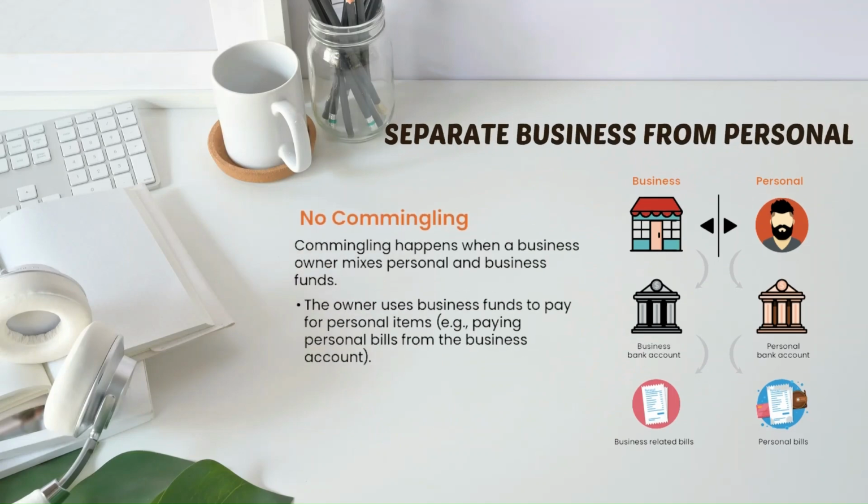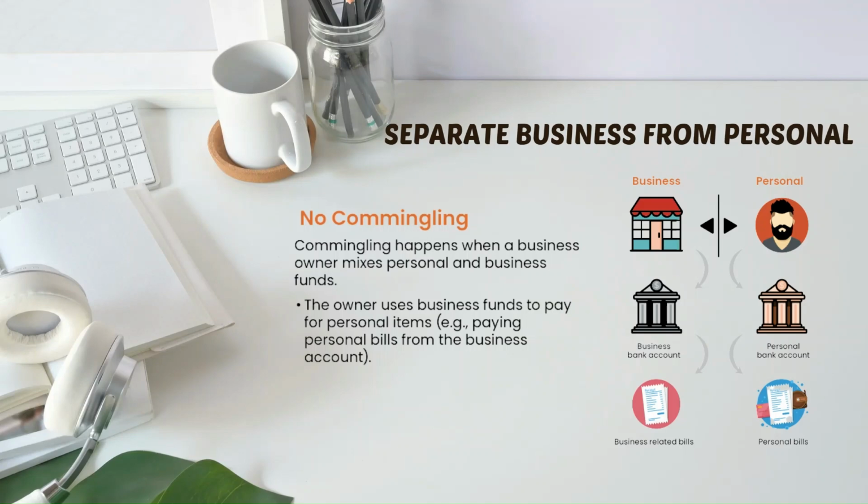Up next, there should be a separation between business and personal activities. In our previous episode, one of the steps in establishing a sole proprietorship is establishing a separate business bank account, mainly for settling business bills and transactions. For the IRS, a business bank account exists solely for the purpose of settling business transactions. Using a personal bank account to pay business expenses may disfavor the taxpayer's claim of that business expense. Therefore, there should be no commingling.